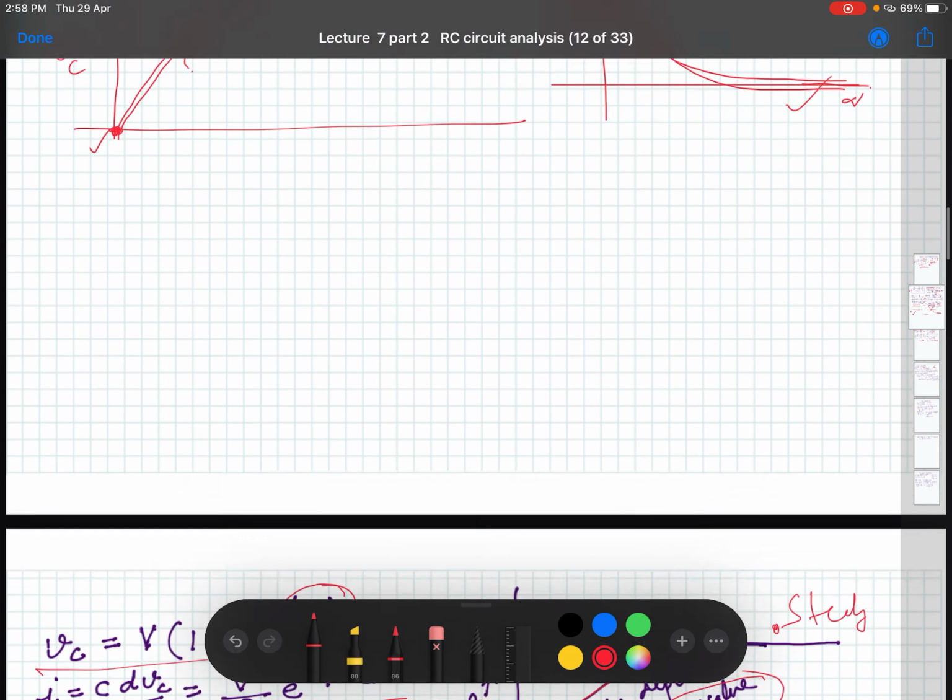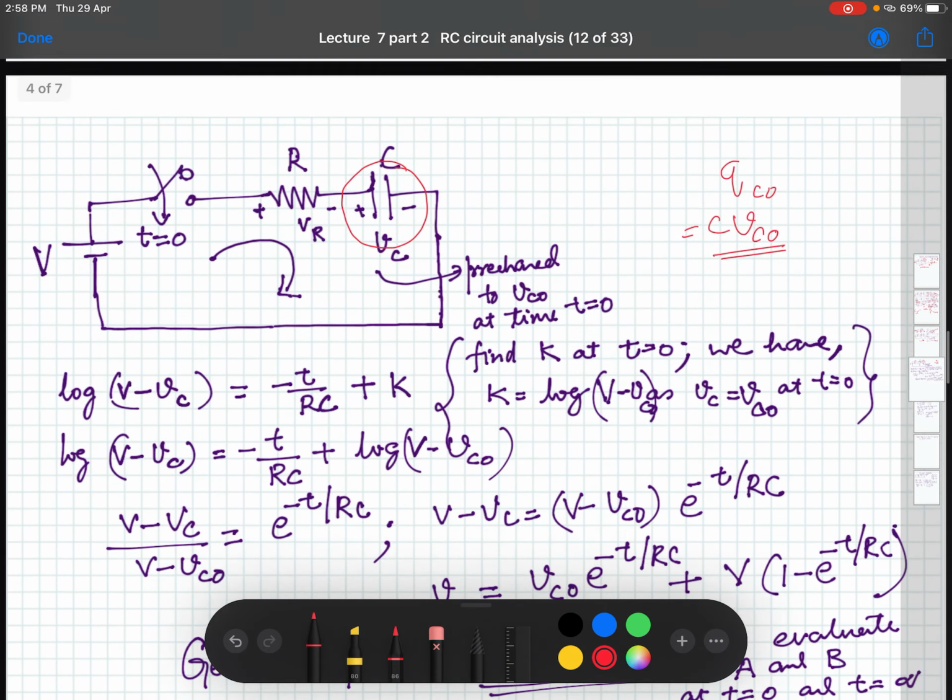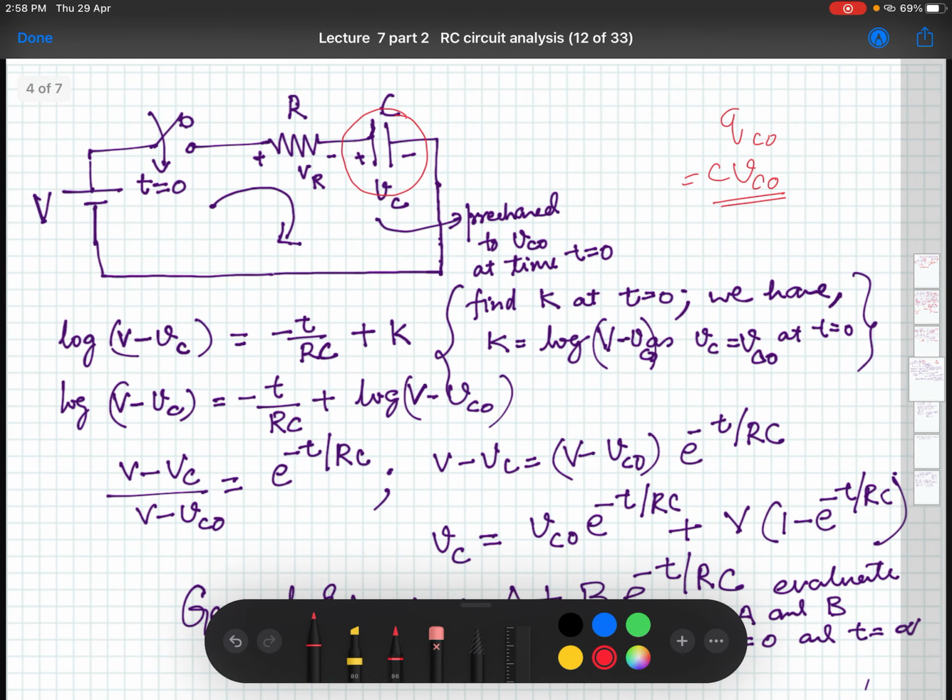Anyway, so I am starting the solution right from this point, after solving that particular integral, that is, the differential equation. You get this, and at t equal to 0 we have to find the value of k. And at t equal to 0,